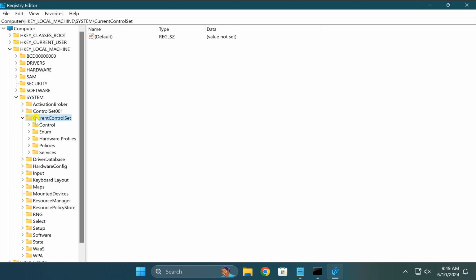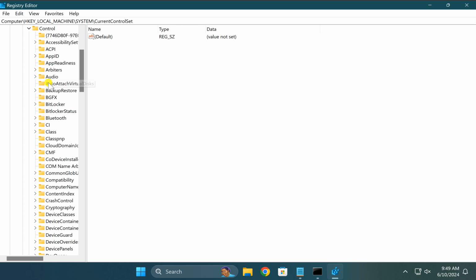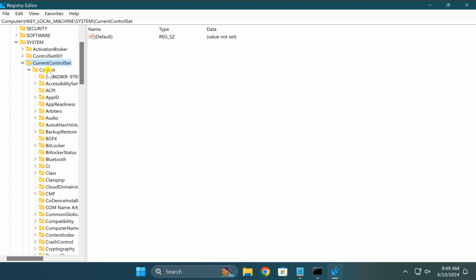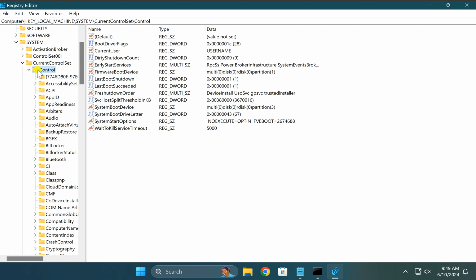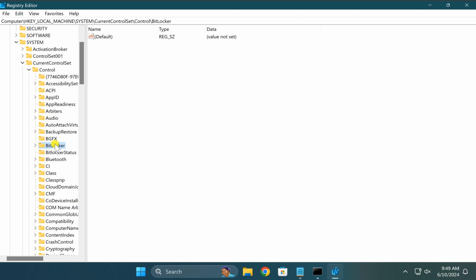After that you need to expand Control. Just click on the arrow beside Control to expand it. After that you will find BitLocker. Select this BitLocker option. Now on the right side of BitLocker, right click on the free space and here select New and then DWORD 32-bit Value option